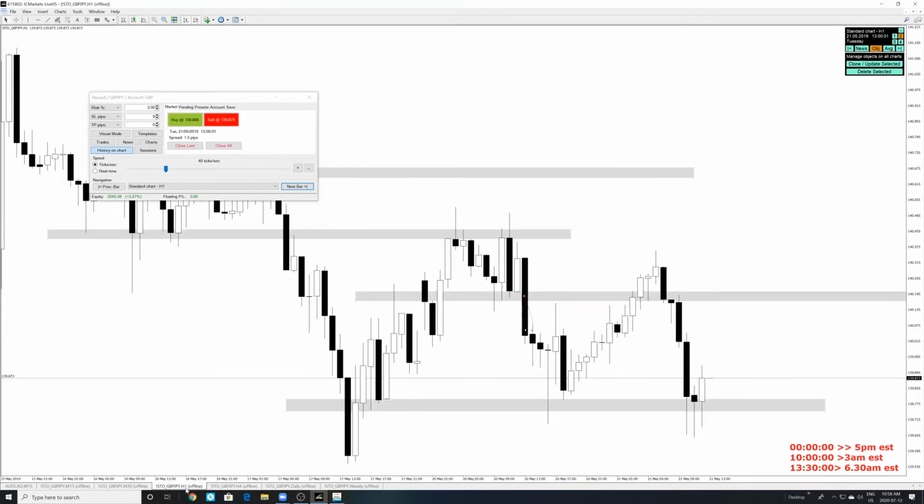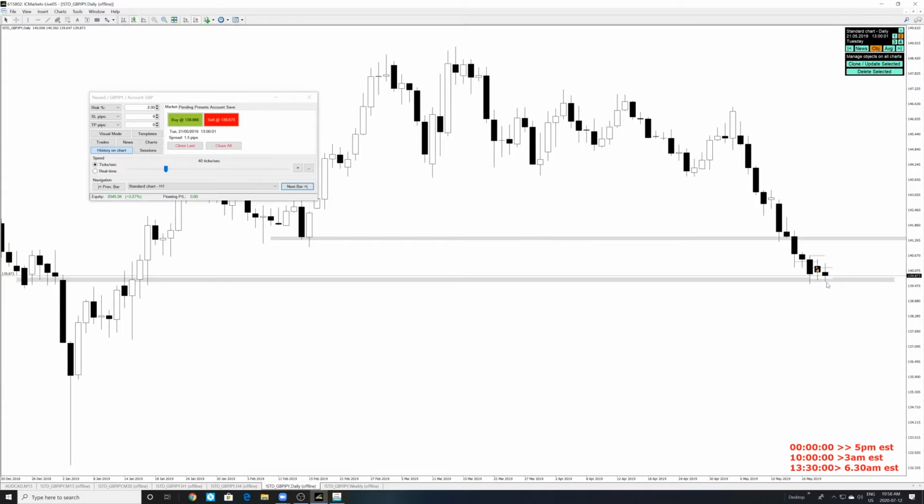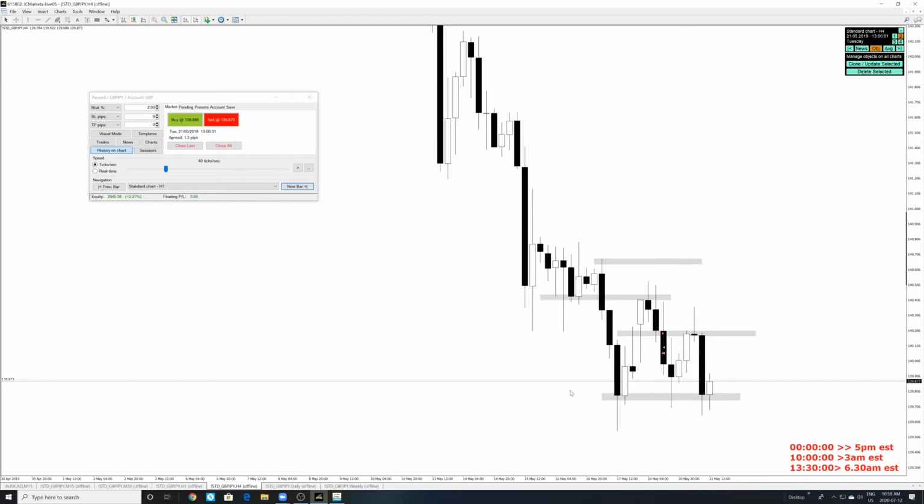Perfect. Now, just by looking at the 1 hour, what's the probability that price will go down? Low. The probability is low for the price to move down. Very low. And why is that? Because we're at a daily support, but the daily candle is still bearish, so we don't know, but we're at a 4-hour and daily support, right?